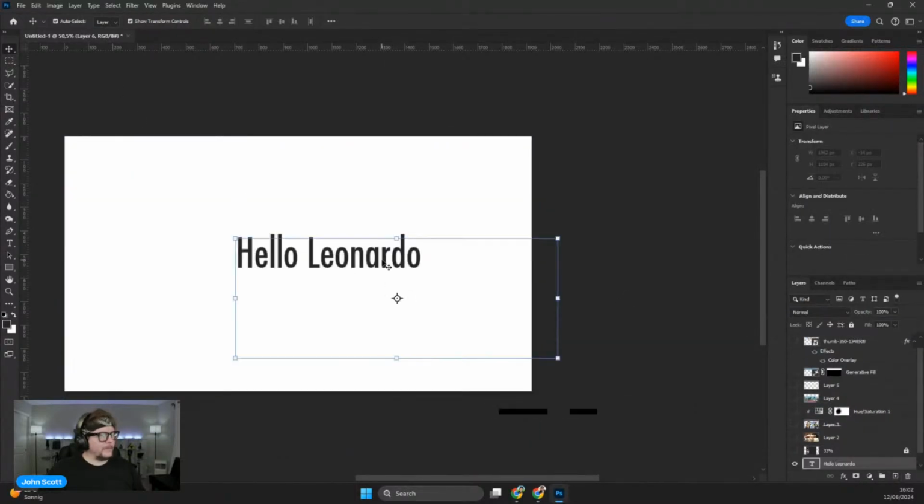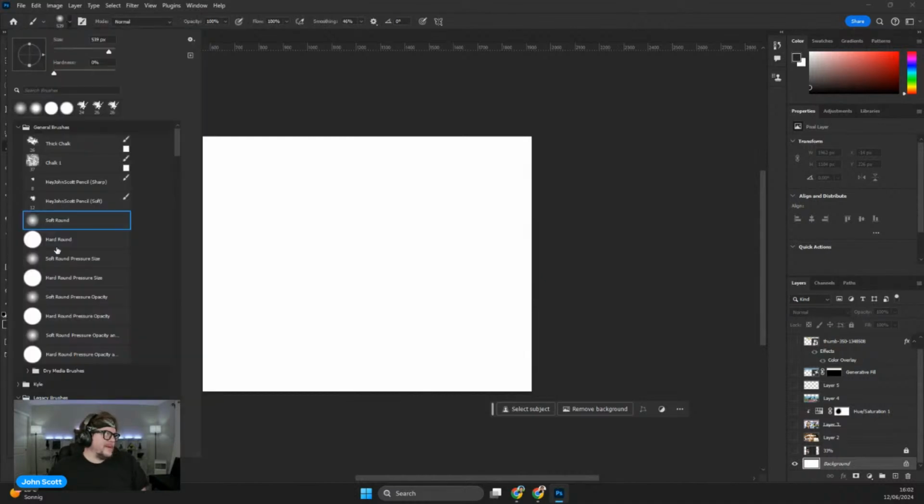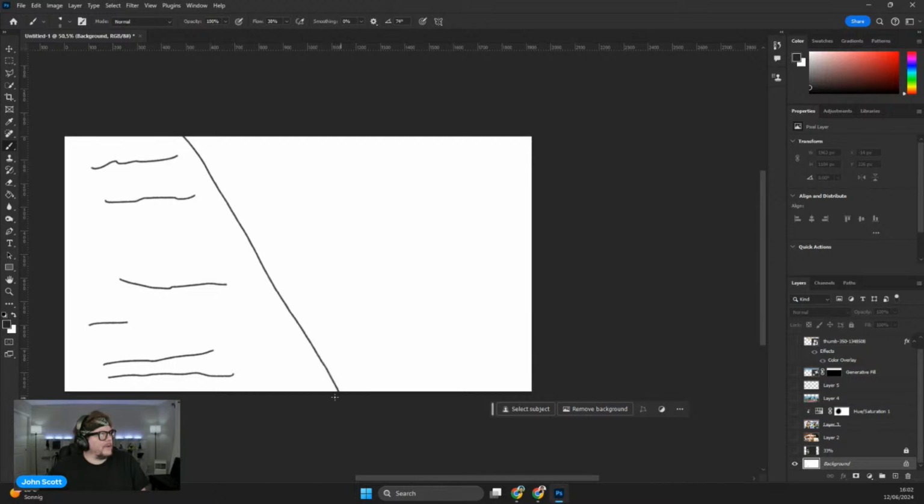Hello, Leonardo. So maybe something you could do is you've got the lyrics over here, and they're angled in such a way where it looks like they're going off the page, like this. Much bigger though.